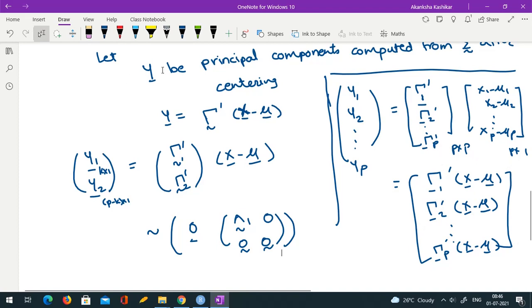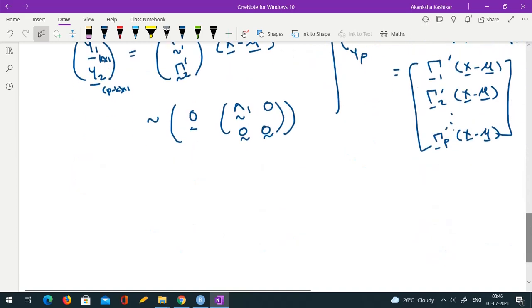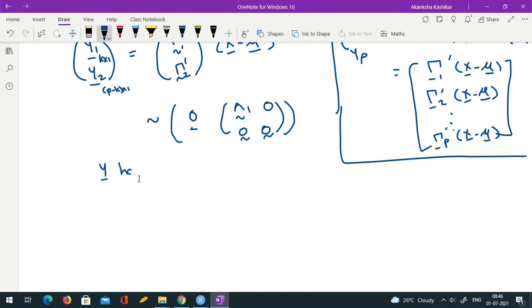Okay, remember I am using notation similar to normal, but I am not writing that things are normal. I am saying y has this mean and this variance, but I have not written N here because I have not assumed any distribution. So please don't get confused. Y has a singular distribution. What do I mean by singular distribution? Its variance covariance matrix does not have full rank.